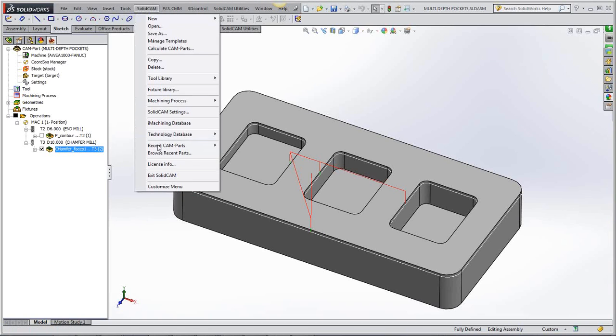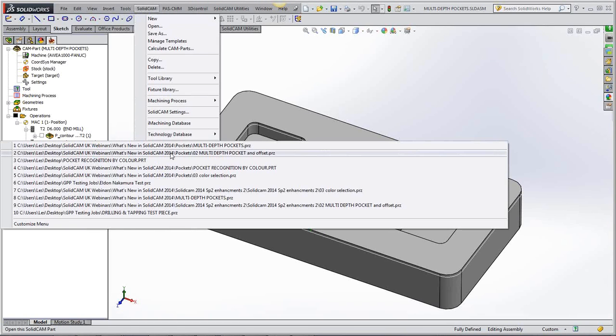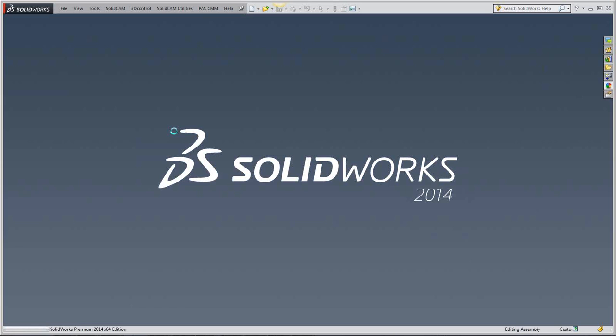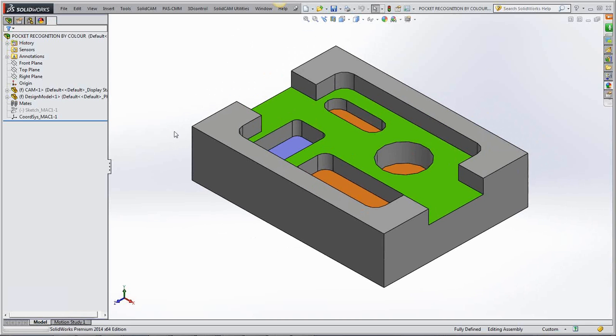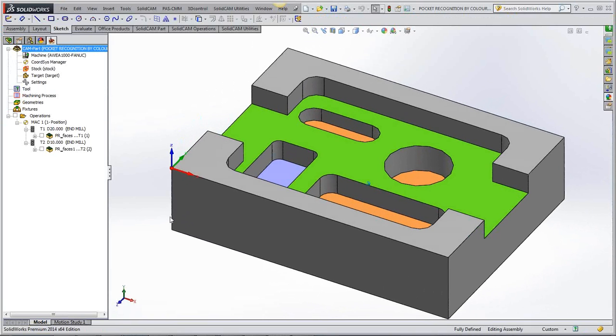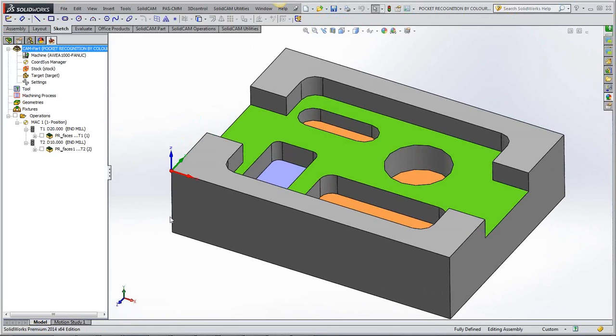Okay, I'm going to open another part. Here we go. Right, this is another little model I drew up earlier, more colourful this time, and this is where we're going to have a look at being able to filter any of the pockets by the colour of the face of